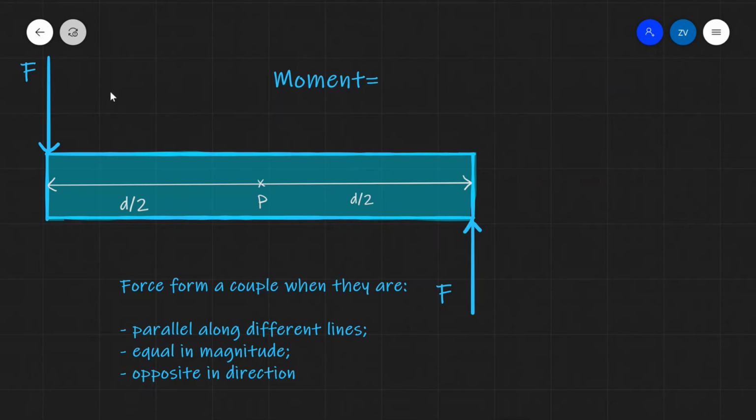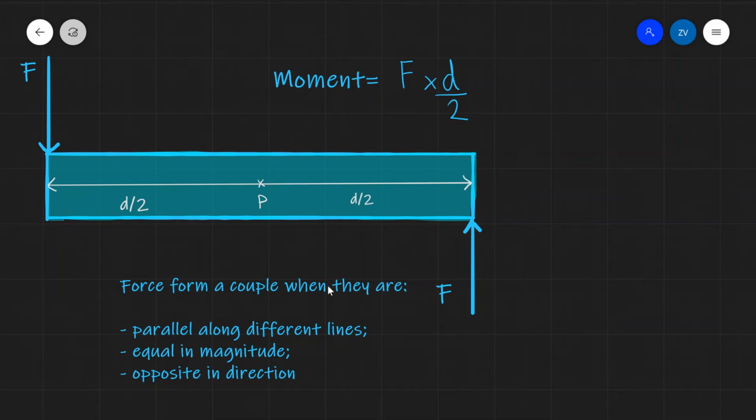Well, because both of these forces are causing moments in the anti-clockwise direction, we are going to be adding up their respective moments. For instance, the first force has a perpendicular distance of d over 2 to the pivot point, so we can write this as F multiplied by d over 2, so that's one of the moments,